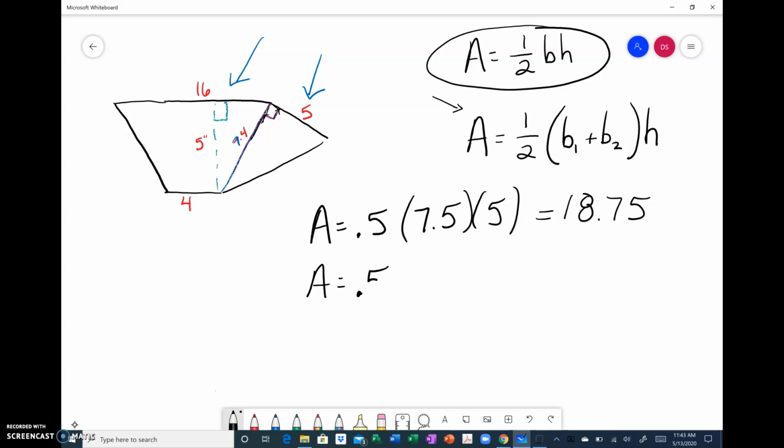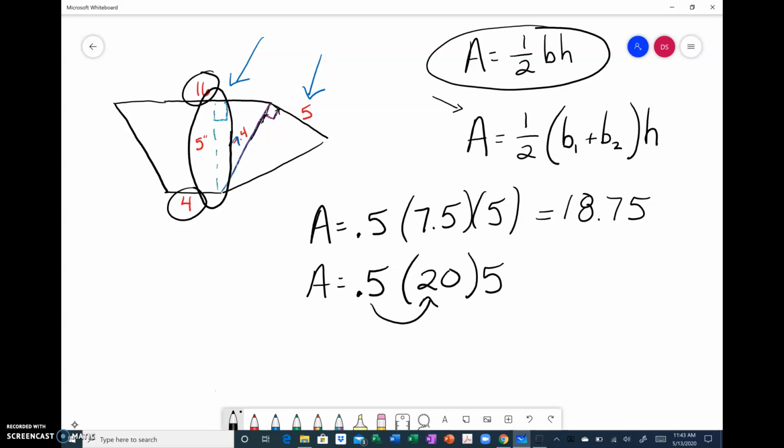Again, I start with 0.5. I'm going to add my two bases together, and that is 20 times the height of the trapezoid, and that's 5. Half of 20 is 10 times 5 is 50 plus